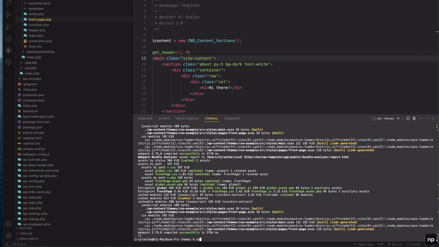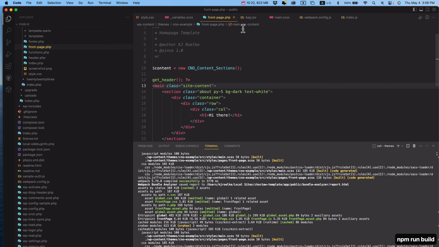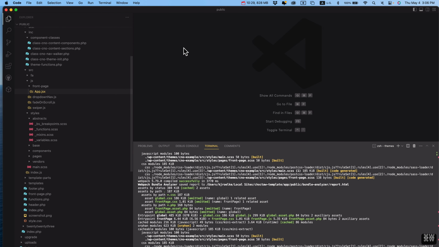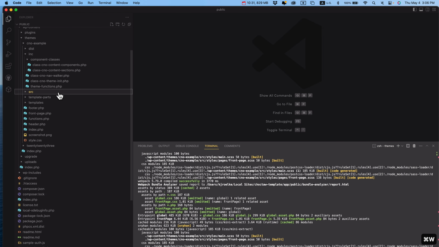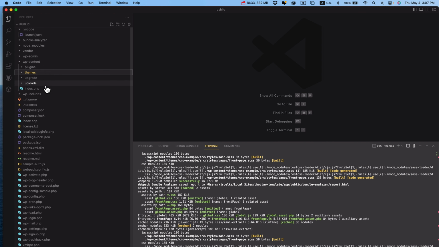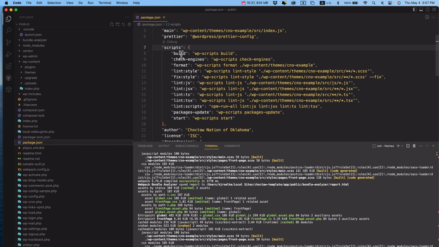I'm going to run npm run build. Sorry, I'm all over the place, but let me go back to the package.json file. In package.json, there's build and start. There's a bunch of linting things which can help when you're ready for it, but basically